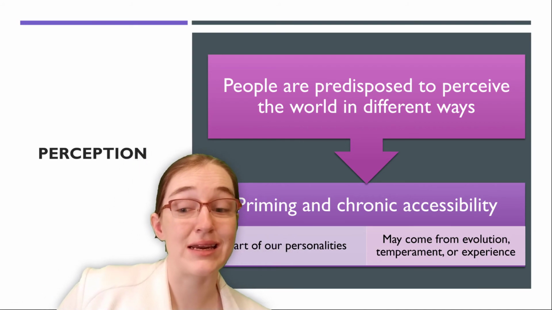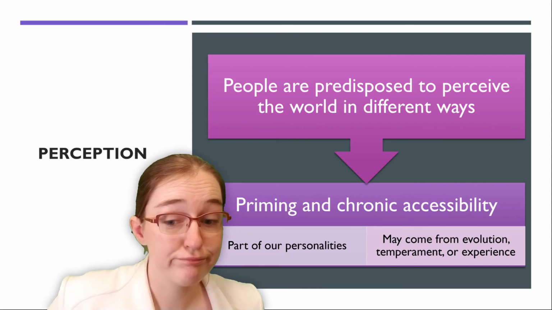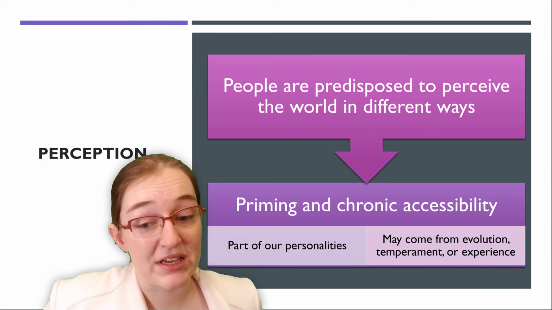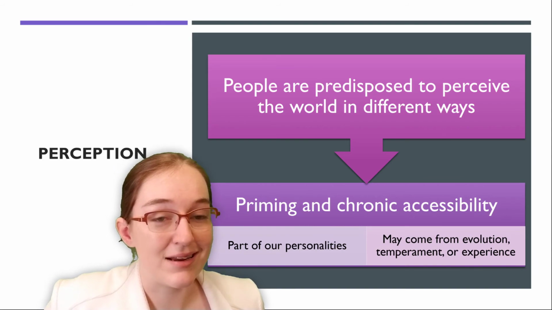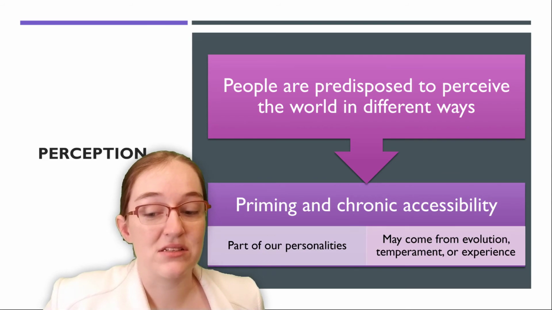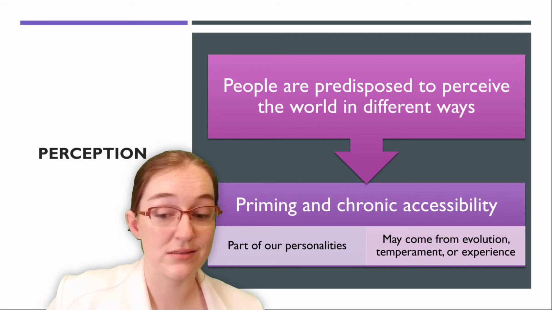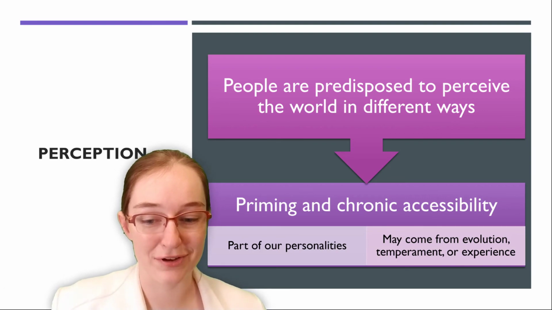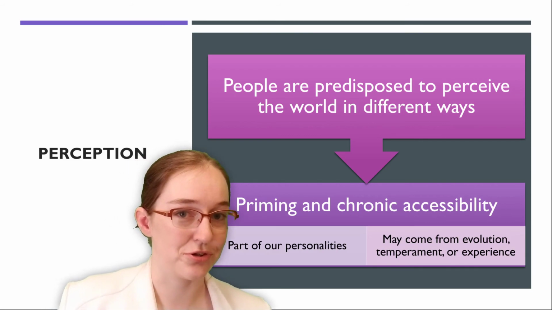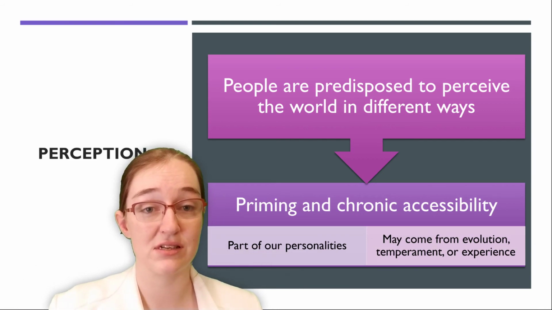Alright, so lastly, we got experience. That's another way that chronic accessibility and priming can influence your perceptions and in turn your personality. So this is probably the biggest influence. All the non-shared, the environmental stuff, is based on the importance of traits to others, the people you're frequently around. So for example, parents, and this is somewhat related to culture. Your experiences will influence how you perceive things, what aspects are most accessible.